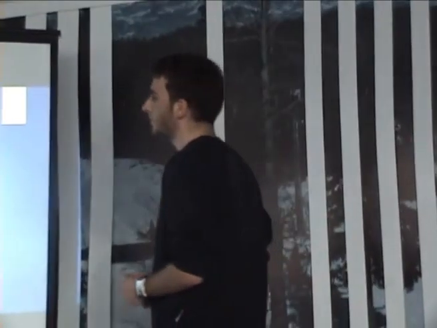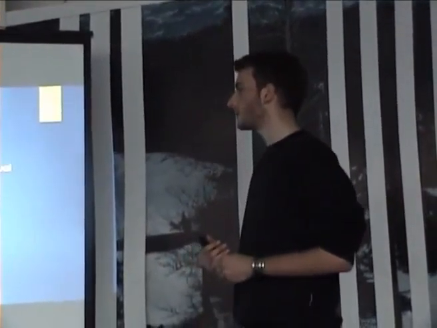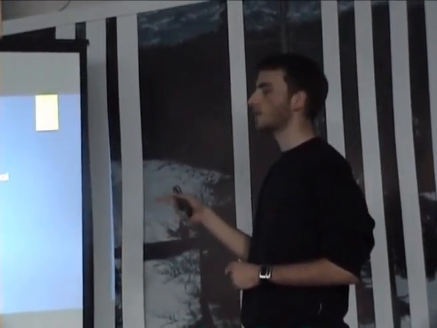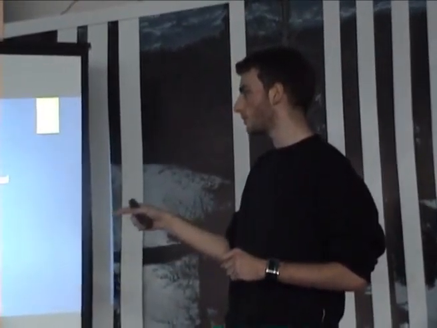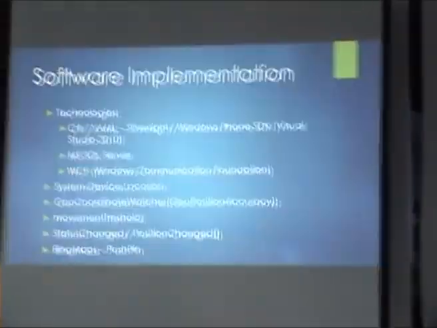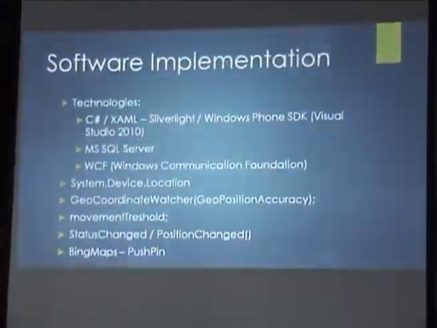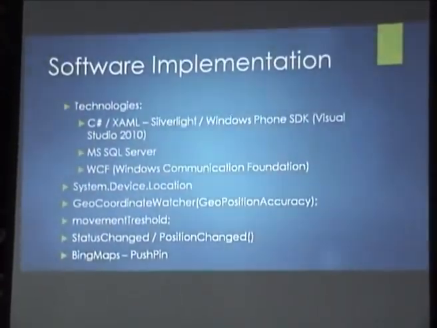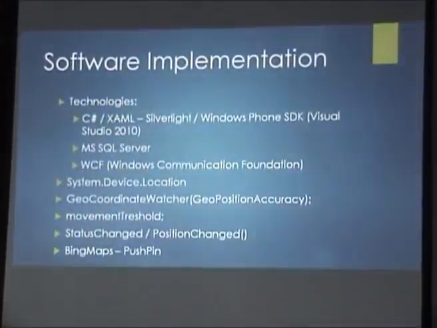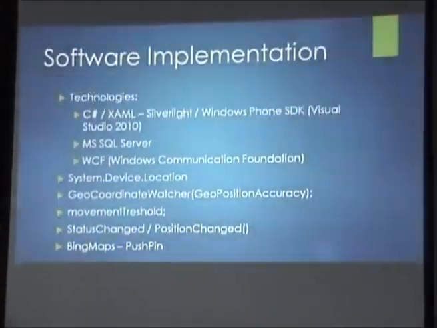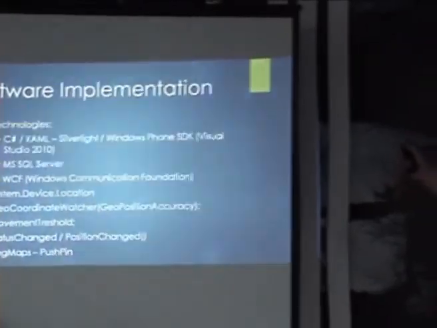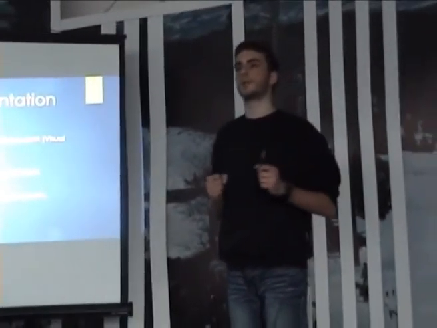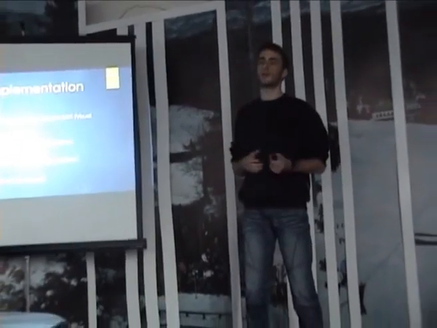When it comes to the actual geolocation API, it is encapsulated into the System.Device.Location namespace, which has to be referenced in the application, so you can get access to the GeoCoordinateWatcher class, whose instance is the one you actually use to get and work with the data. When instancing this class, making the object, you have to pass the following attribute: geo-position accuracy, which is that way I was mentioning of influencing how the system acquires the data.